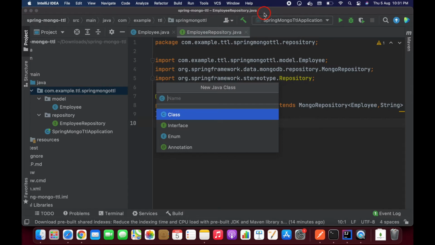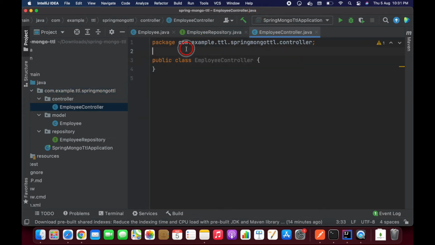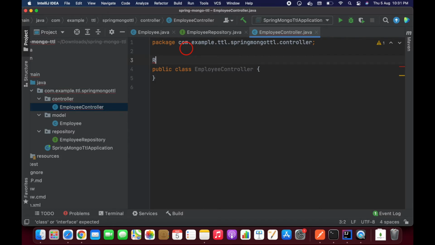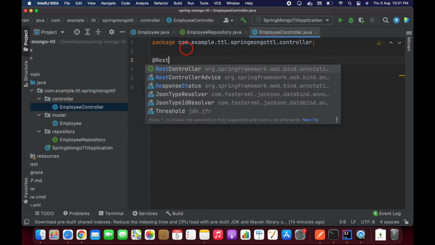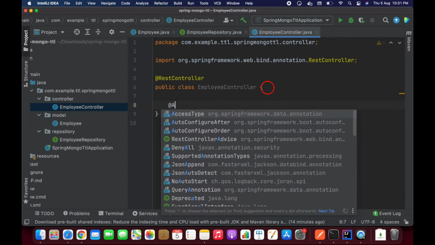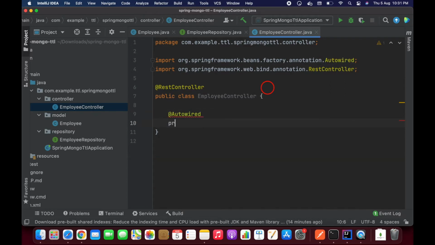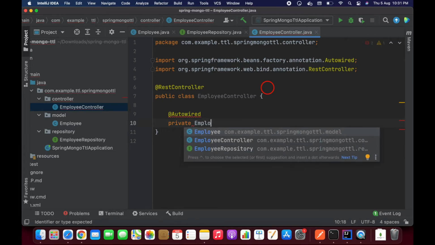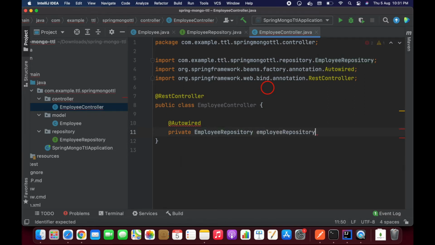So now I'm going to create one controller, guys. So let's take the controller package. Inside that I'm going to create EmployeeController. So let's annotate with RestController, and let's autowire our repository here, that is EmployeeRepository.